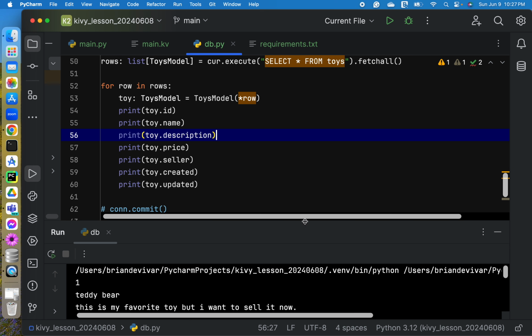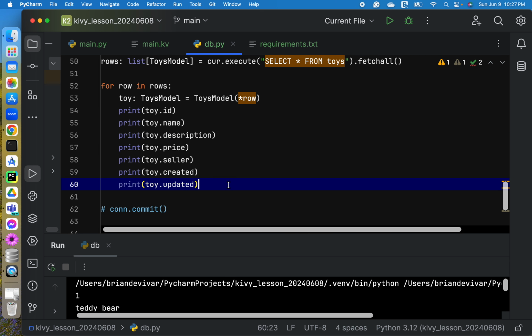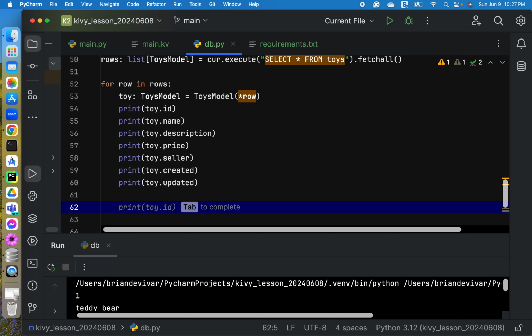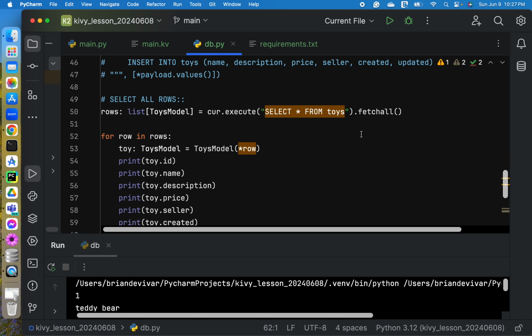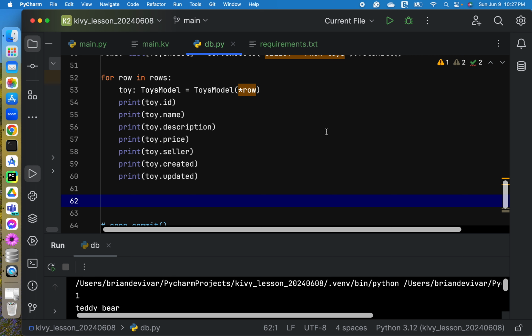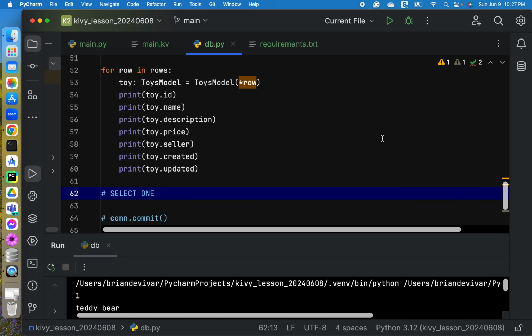Okay, now next, for example, we only need just one item from our table.